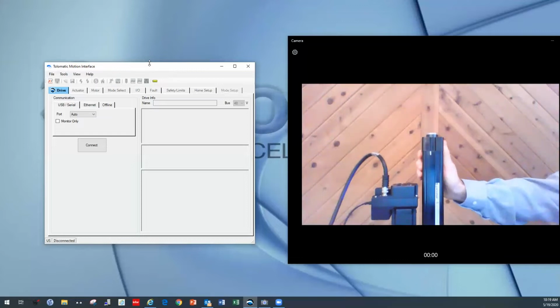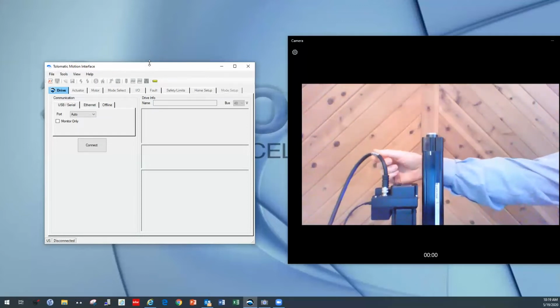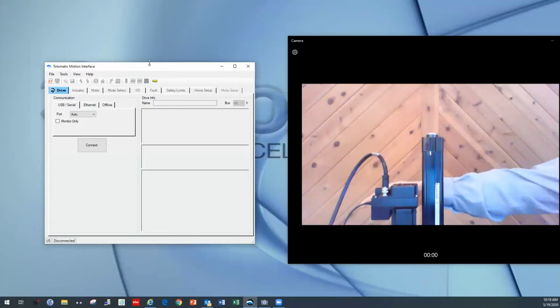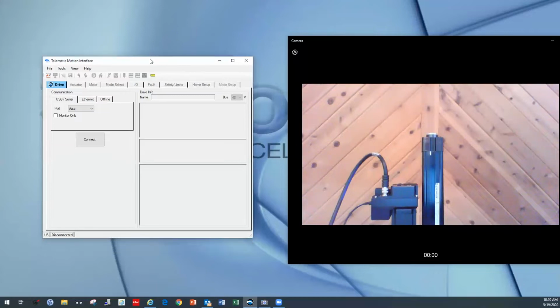That's the hardware. We have a power supply that's wired into the large cable, and then a USB cable on the communications port. And so that's wired back to the computer and to the power supply. So we can watch the video there as I move this unit out and back. We also have on the left side of the screen the Tolomatic motion interface software, which isn't connected yet, but